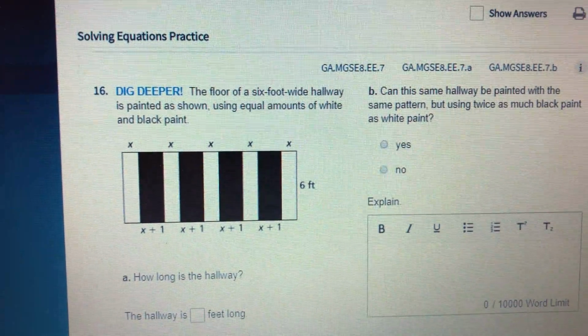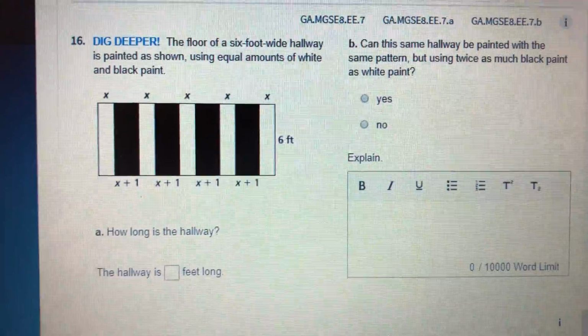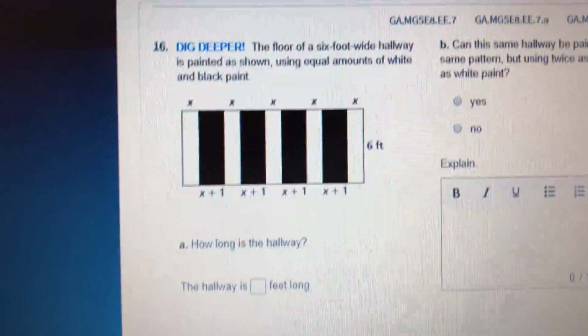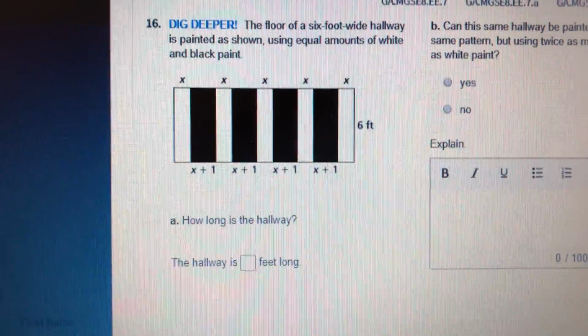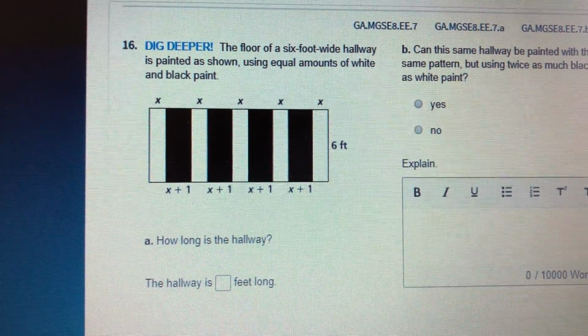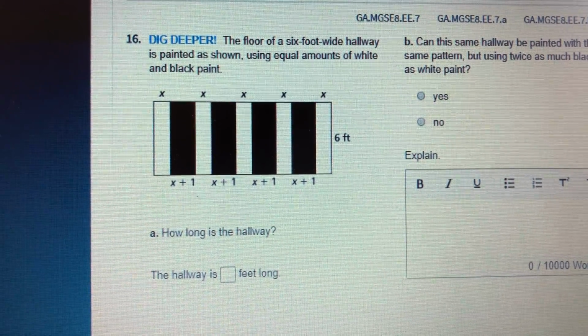All right. So this is number 16 from the Solving Equations practice. Many of you have asked for help on this one. So I'm really mainly concerned that you can get through part A, and then we'll talk about B for a second. A says, all right, the floor of a 6-foot wide hall is painted as shown using equal amounts of